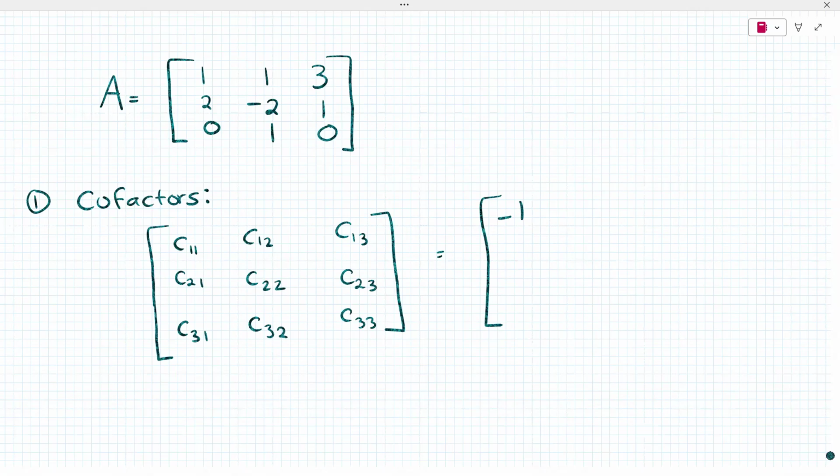So I do the cofactors. I get -1, -3, 7, 0, 0, -5, 2, 1, -4, and